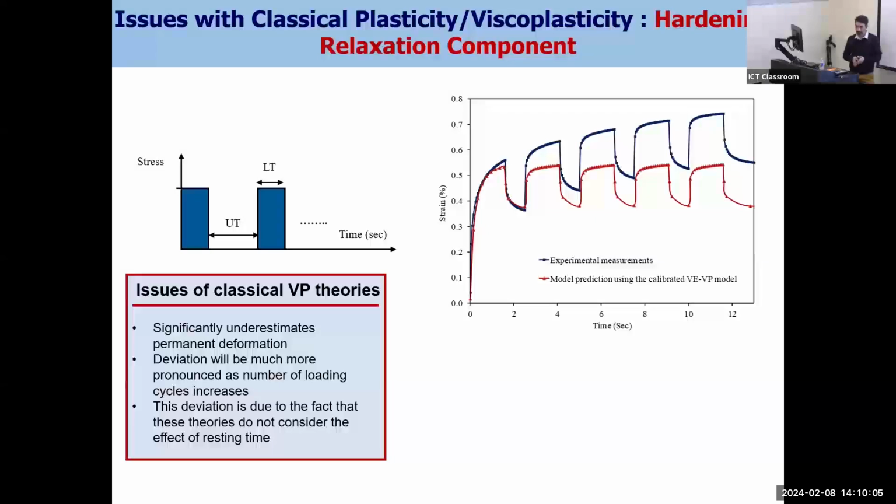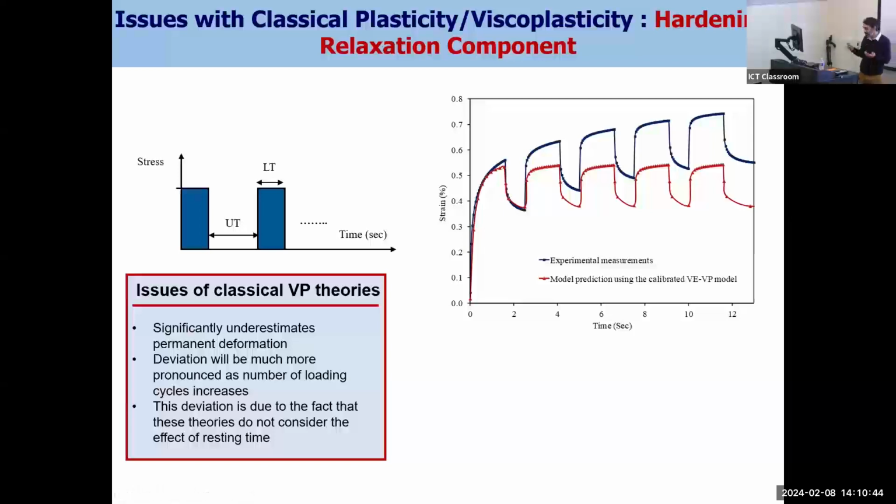Another very important issue that is common for plasticity and viscoplasticity is this: imagine, let's say, an asphalt mixture. You apply a creep recovery test. We don't change the stress level, but you just keep applying that. Now, if you look at the permanent deformation, you see that with each cycle, there is an increment of permanent deformation building up. Now, if you use classical plasticity or viscoplasticity, very fast, it saturates. So it says, well, the strength is not increasing, and then it won't increase.